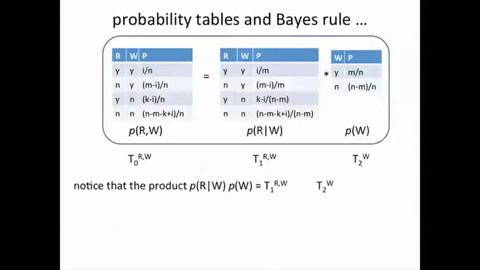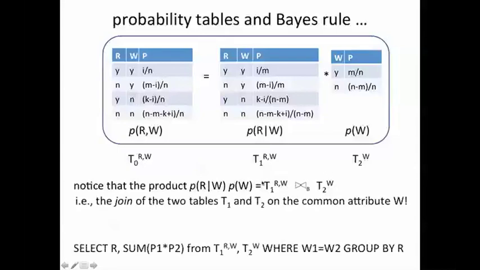Now let's see how we might multiply these two probability tables in another way. The probability of R given W multiplied by the probability of W is some way of combining these two tables, and that some way just happens to be the join of these tables in SQL on the common attribute W. Suppose we were to perform the following SQL: select R, sum of the product P1 and P2 from these two tables respectively, where W1 equals W2, and group